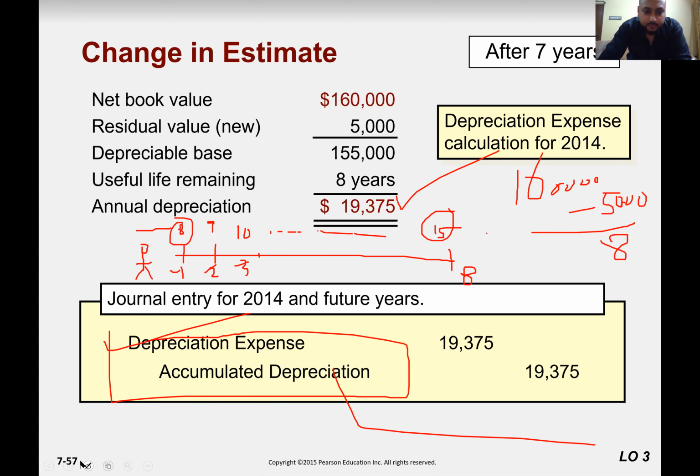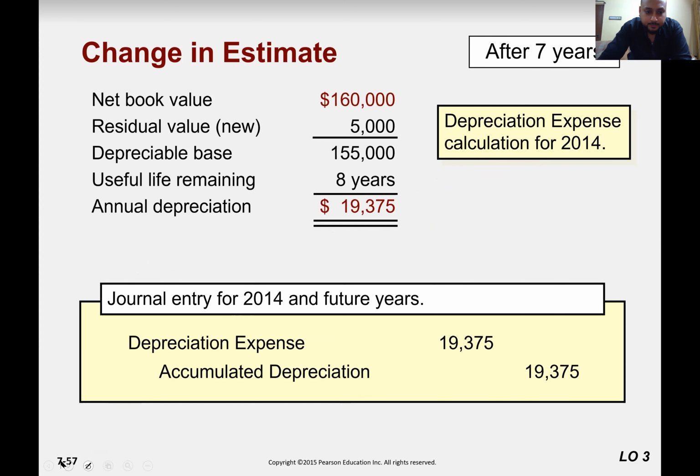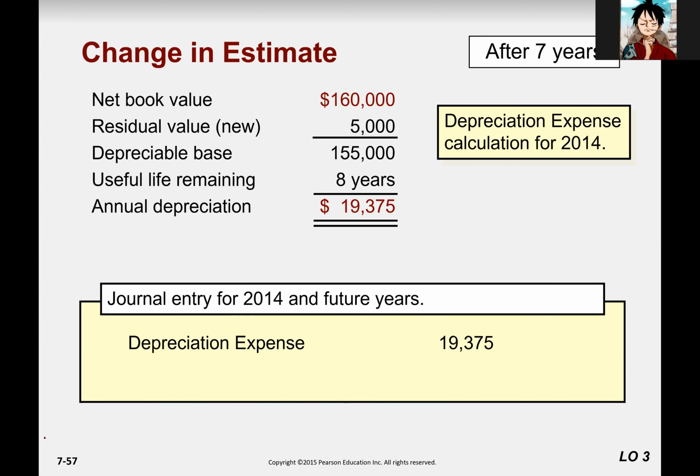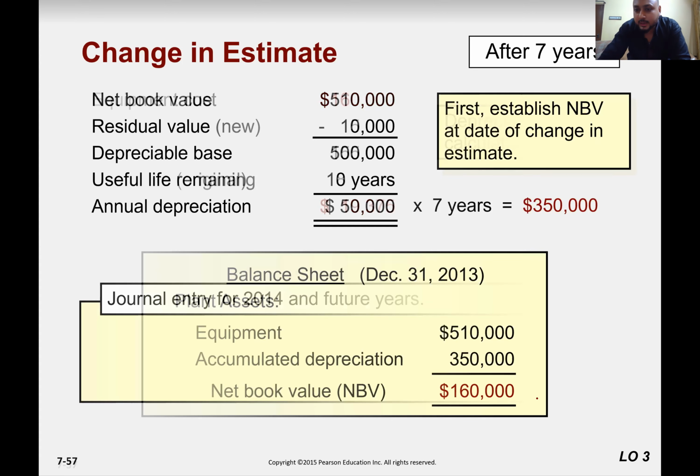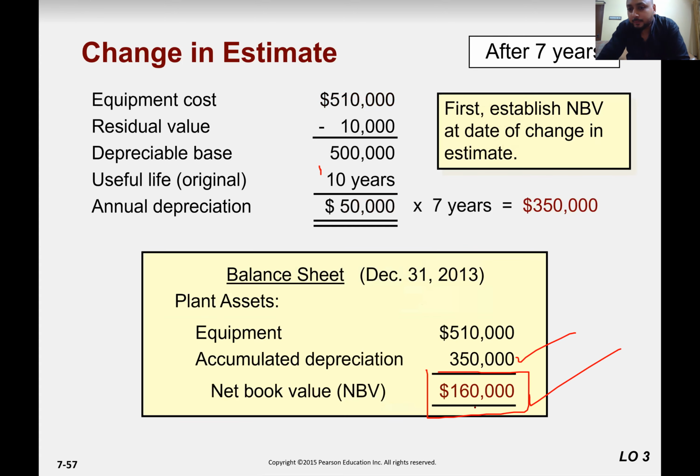Okay, let me erase all this. So up till here, previous slide, you understand how we got the idea of 160,000? Yes. Okay. Now we want to calculate the straight line depreciation. For straight line depreciation, how many variables we need? We need cost, we need scrap value or residual value,